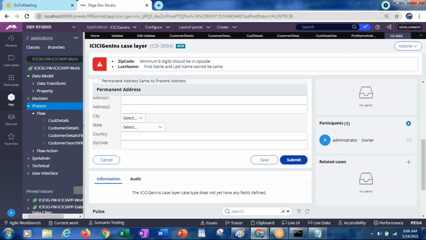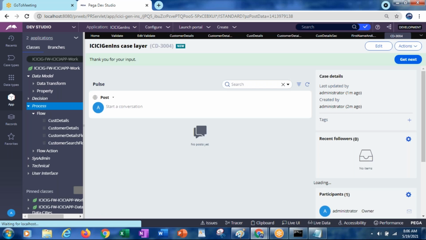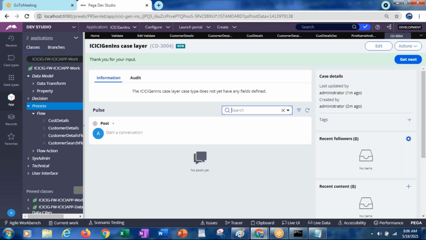Now it will go to the next screen. The translation has been completed successfully. Understood? So this is the way we can create validate rules.